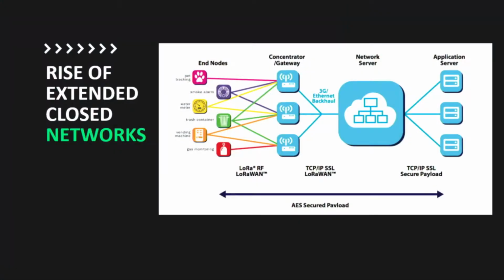And I guess it was in that time we started to see the rise of closed proprietary networks. So Sigfox, LoRaWAN, which do amazing work, and they have some really good use cases, particularly at the edge these days, and we'll talk about that in a sec. But we started to see some of the proprietary closed networks rise up just to meet the demand, because there wasn't any standard protocol at the time.